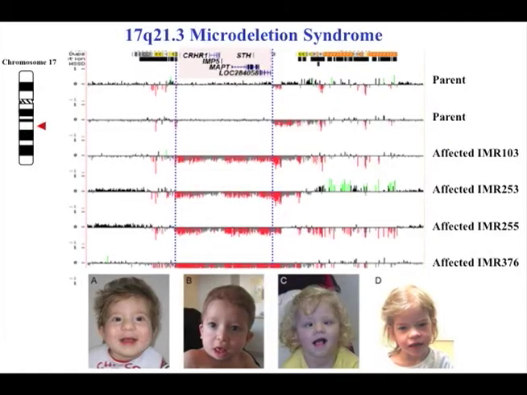We were a little bit naive about it in the beginning. I won't bore you with the details in terms of how we did it, other than to say that we borrowed technology from the cancer field developed by Donna Albertson and Dan Pinkel, called array comparative genomic hybridization, to look specifically at those 130 regions, and look for gains and losses in children with developmental delay. This is the only really heavy data slide that I'll show you, an example of our first one. This is the first one that we identified in 2006.